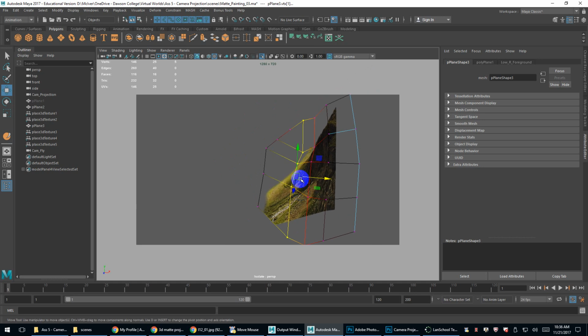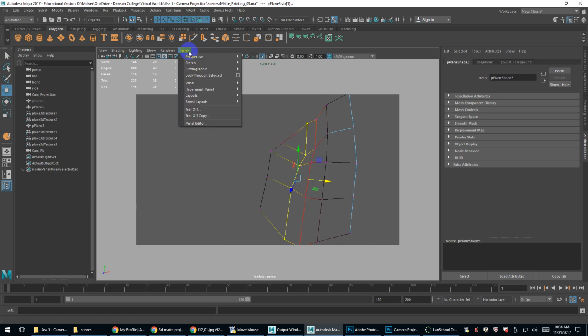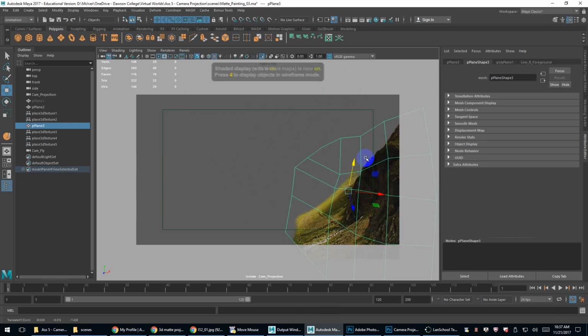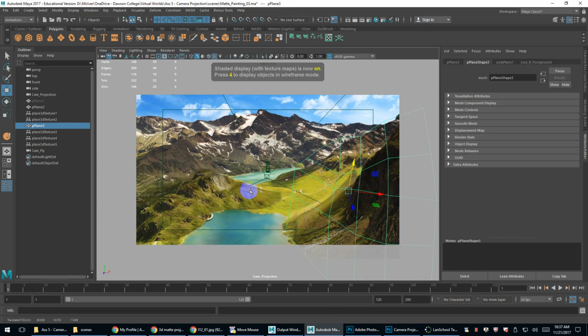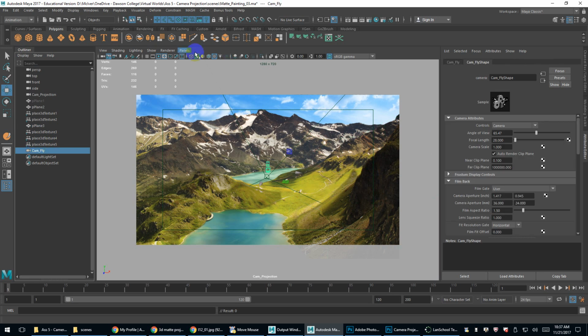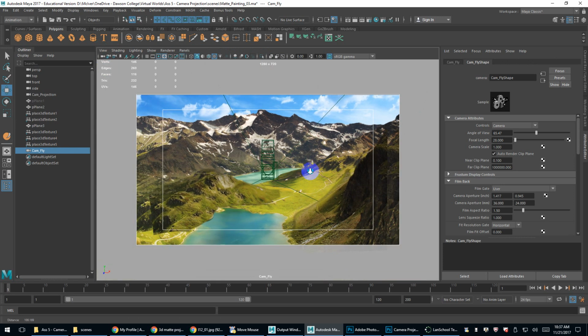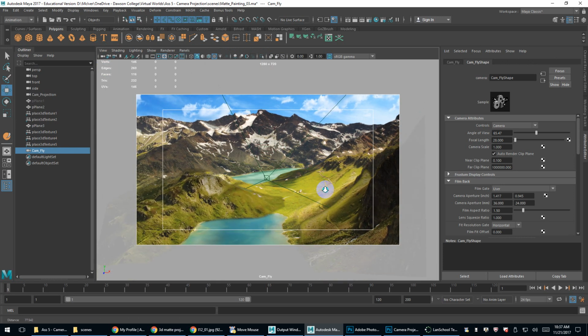Right, so this will just exaggerate the feeling of depth. And if I go back to projection, object mode. Let's make sure we can see the texture. Hit Control 1. I'm going to go back to my fly camera, right? So now, if I unlock that, now you can see it just feels like it's got so much more depth. And if I unhide the ground plane,